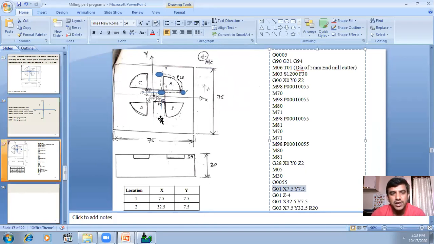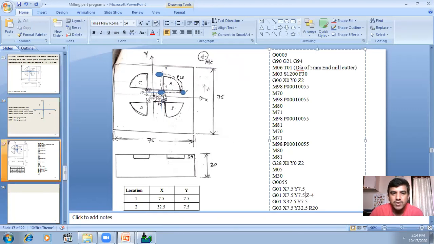After you move the cutting tool to the first location, you give a depth. How much depth are you going to give here? According to the problem, see the sketch here, 4 mm depth. What type of motion is it? Same linear motion, G01, X 7.5, Y 7.5, and Z is -4. If you don't give the X and Y values, the machine will take the previous X and Y coordinates. Or if you want, you can enter them here, no problem. X is 7.5, Y is also 7.5, and Z is -4.